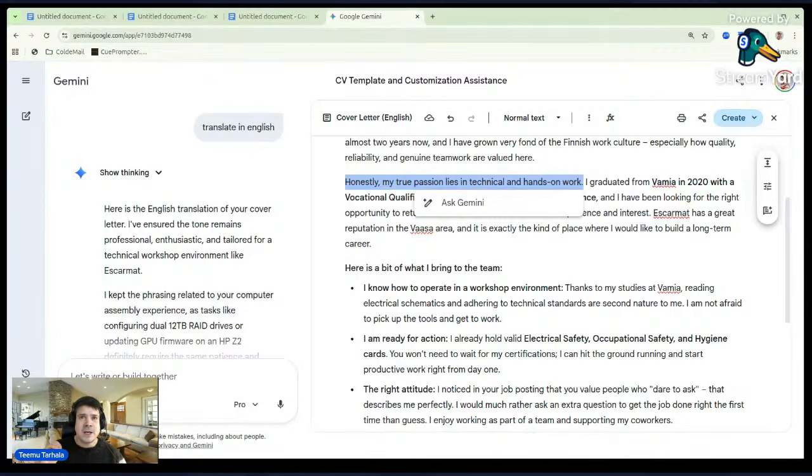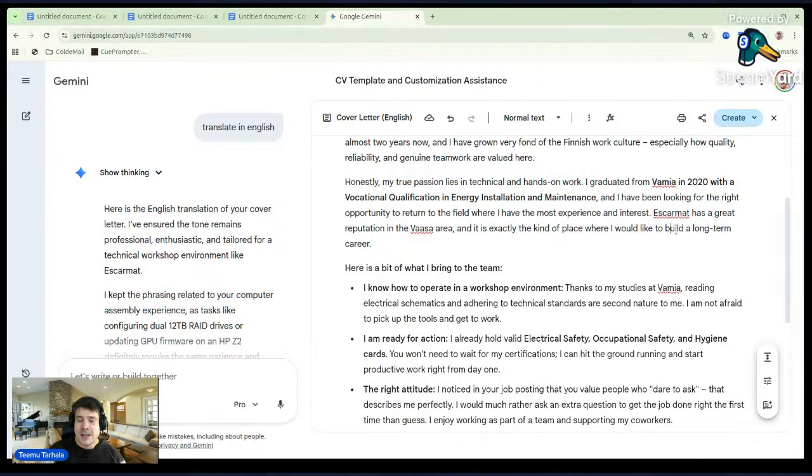The reason was that when we think about the work experience the CV had, we had cleaning experience in Finland, ongoing at this moment. So we mentioned that honestly, our passion is actually in your field. We are doing the work we have to do at this moment, but we would be happy to translate our work to the field we really like. And then we pointed out from the previous work experience a good match for the job we were applying for.